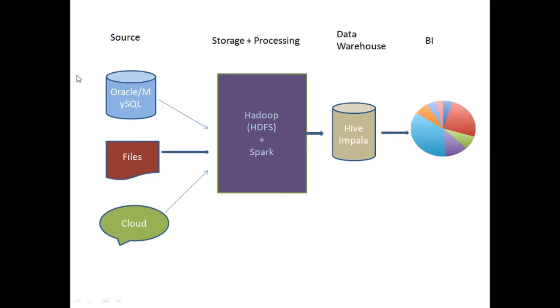If your data source is Oracle, first what you have to do: there are two ways to read the data from Oracle into the Hadoop environment. The first one is Sqoop. The second one is that Spark has a JDBC concept, right? So using JDBC, you can directly connect to the Oracle DB, pull the data into Spark, and you can process and save it. That is one way.